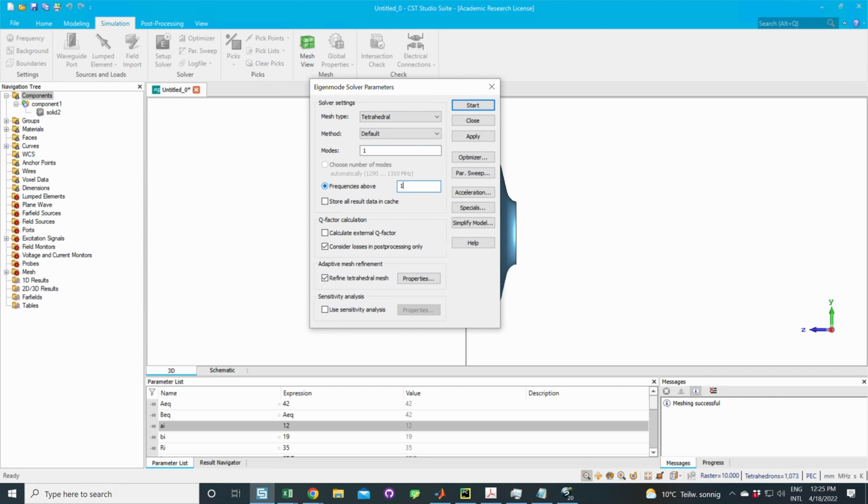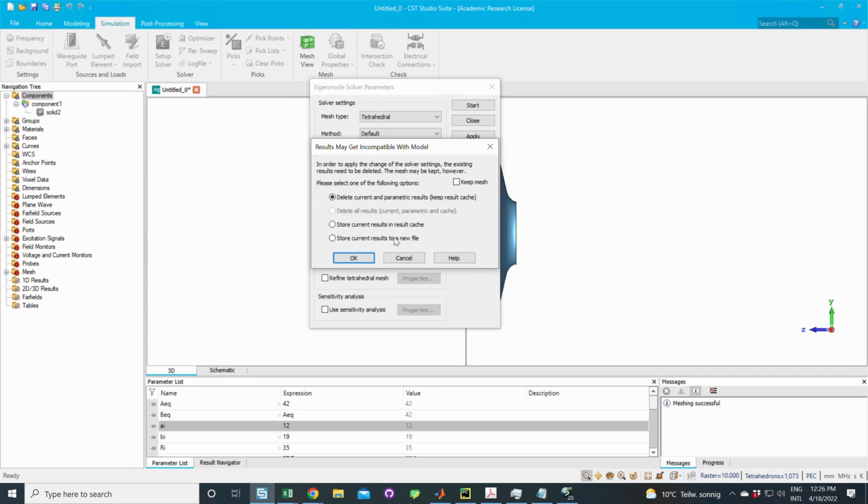So we want to calculate for frequencies above 1290, and we do not want to refine the tetrahedral mesh. Consider losses in post-processing only. You could leave that checked. It doesn't really apply to this. So we could choose to calculate for 1 mode, 2 modes, 3 modes, 5 modes, 10 modes, whatsoever. But we're only interested in 1 mode. So we click on start,